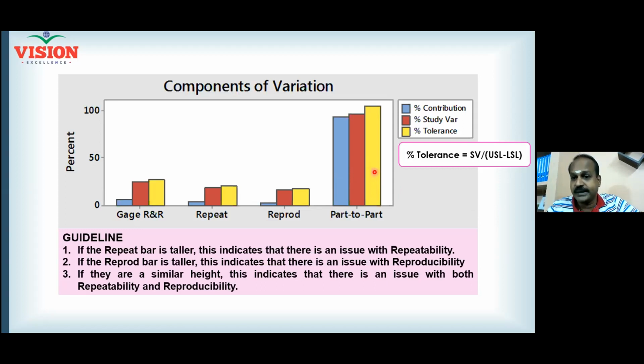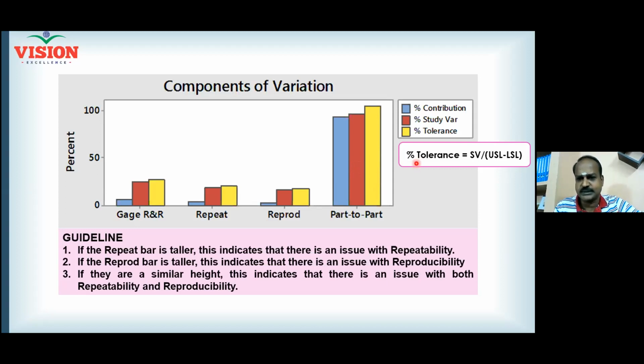If you don't place anything, suppose you do not know what the tolerance is, then only you must read the red bar. In my opinion, you should place the customer tolerance in the denominator and assess yourself. So what is the relevant bar for understanding the measurement system? The yellow is the relevant one. Yellow also works based on standard deviation only. What is this yellow? The percentage tolerance.